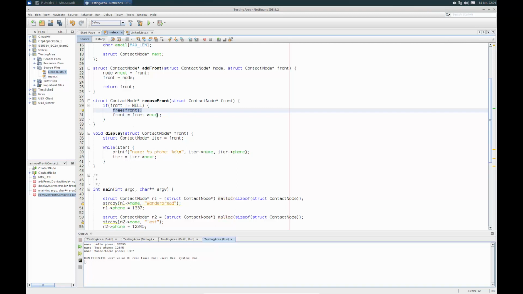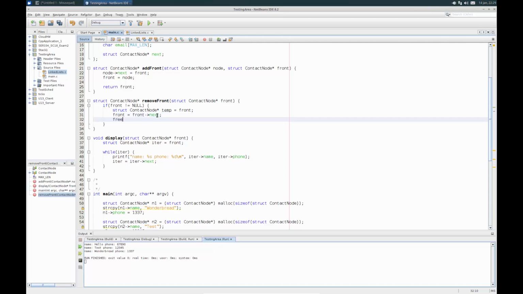The way we'll fix it is the following. We'll create another contact node variable, and we'll call it temp, and we'll set that equal to front. So that's basically me writing down a note of where that frontmost node was stored in memory. Now I go down here and update front to move one forward. Down here, this is where I can have my free of temp. So temp was a variable that I used to remember that front node that I just forgot about. I don't depend on it anymore. It's fair game for me to free. Okay, so that should be our memory deallocation there.